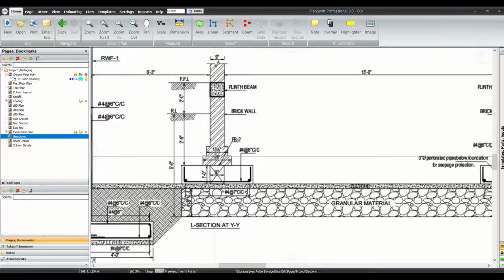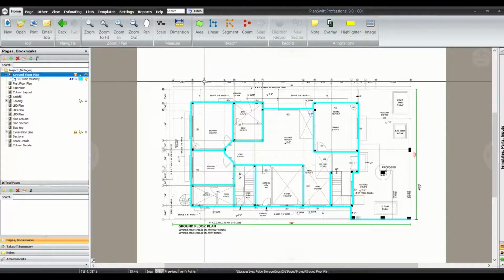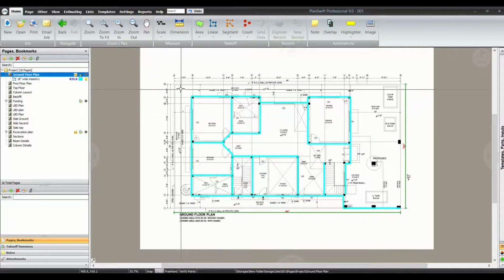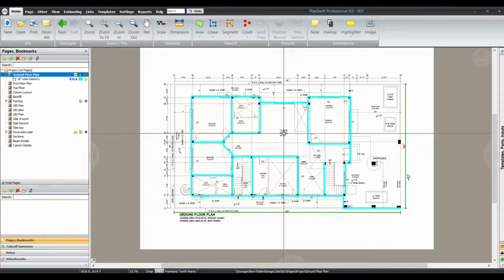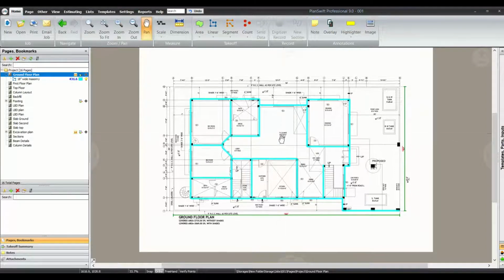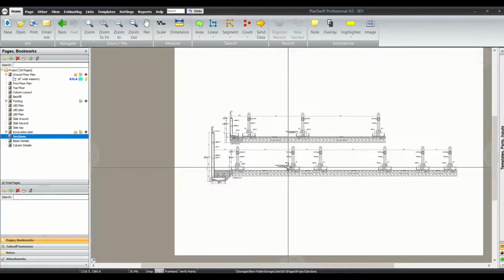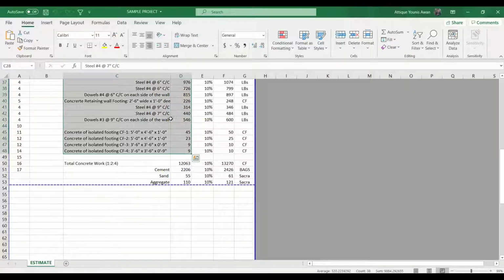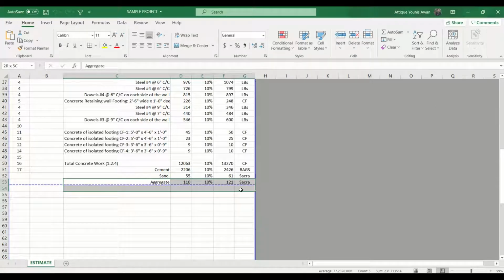Now it's up to you whether you use only these markings, or on the other side you want to mark separate quantities for 13.5 and 9 inches wide. For simplification purposes I am going to use only these markings for the 18 inch, 13.5 inch and 9 inch thick masonry walls. I hope you have understood how we have read the section about the masonry, and in the next session I am going to import all these values into the Excel sheet, and we will see how to calculate the quantities of bricks.